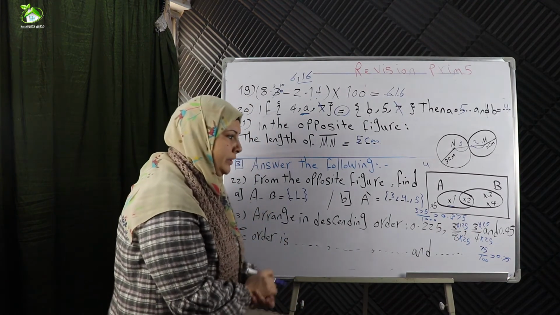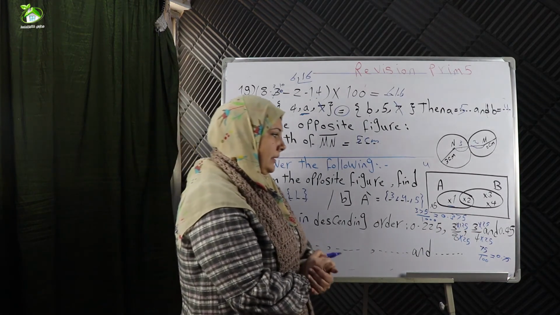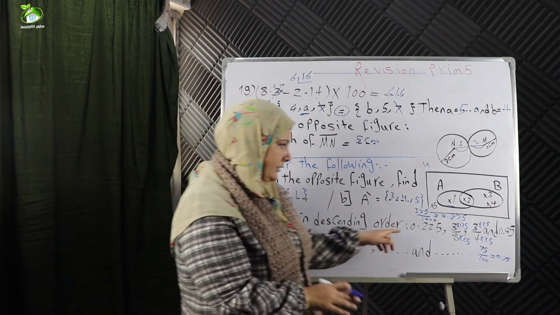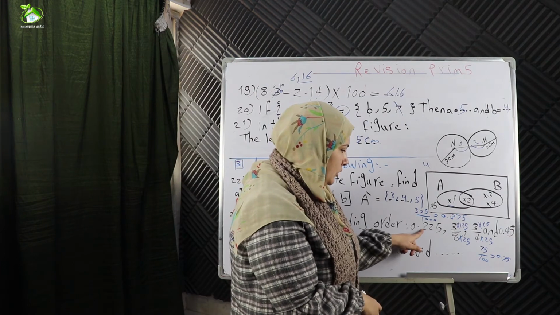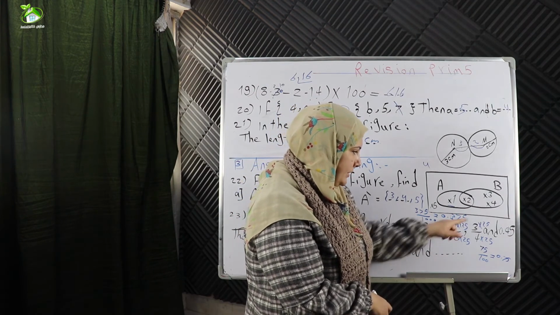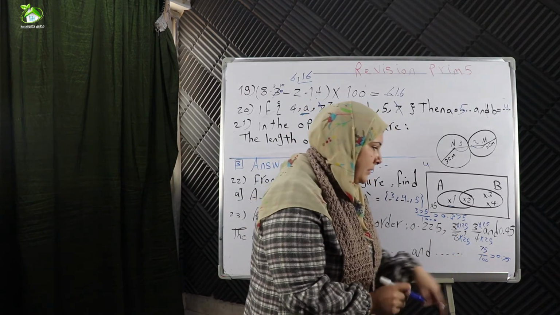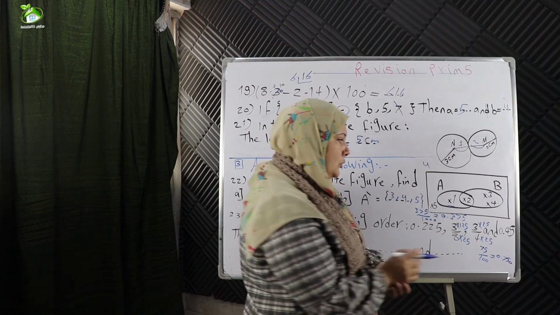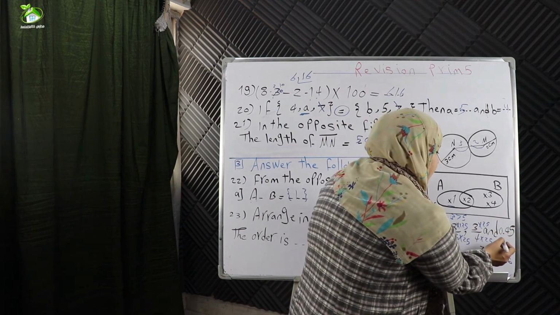To compare between these decimals, the number of decimal parts must be equal. Here, 2 decimal parts, and here, 3 decimal parts, 1, 2, 3. Here, 2 decimal, so I will put 0. And here, 2 decimal, so I will put 0. It will be